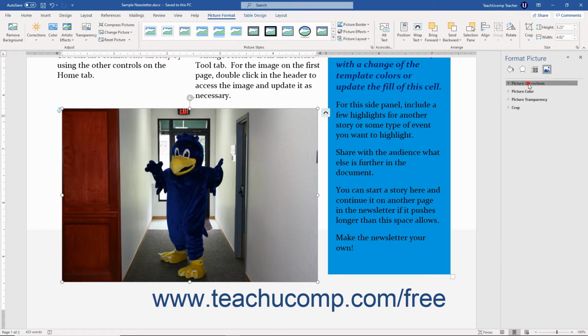You can click the Picture Corrections category grouping to expand it if needed to apply custom image correction settings to a selected image. In the Sharpen Soften section, you can use the Presets drop-down to select a desired picture clarity. You can also use the adjacent slider to set the sharpness or simply enter a percentage into the adjacent spinner